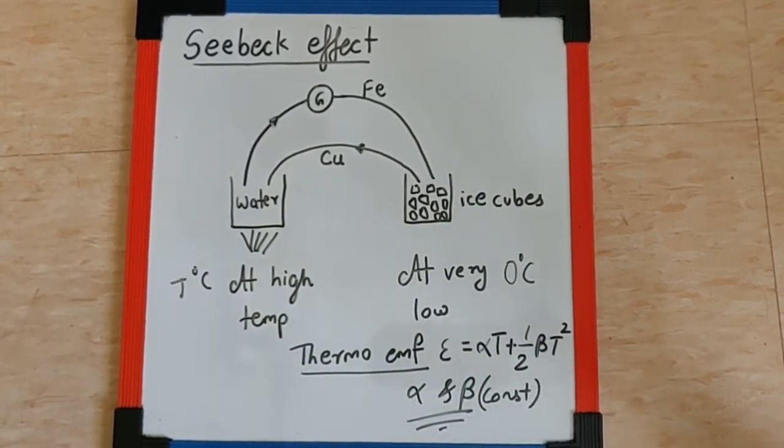So basically the Seebeck effect tells you that when current flows through a resistance, the electric energy converts into heat energy. Exactly the reverse of that, if we provide two junctions at very different temperatures and connect them via two different metallic wires, we can convert the heat energy into electric energy. We can generate thermoelectricity. I hope you understood the Seebeck effect.